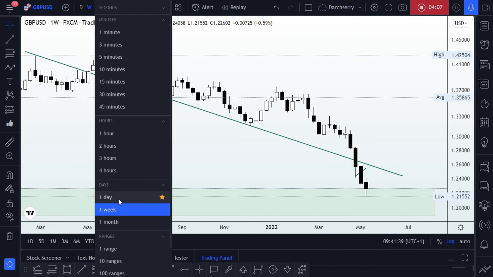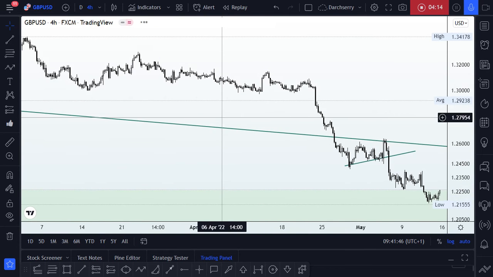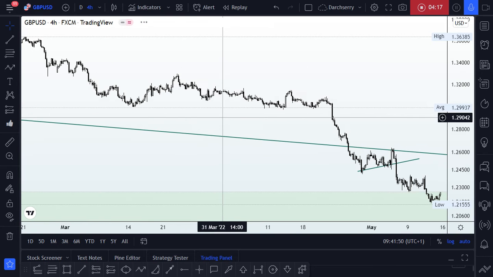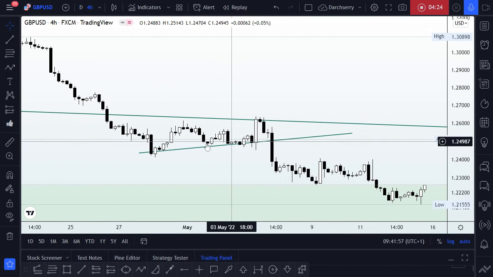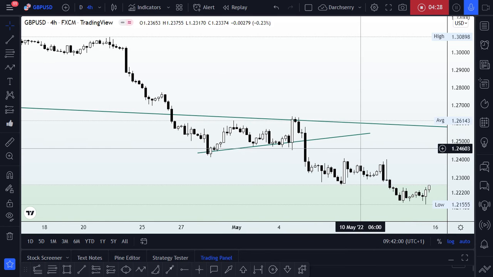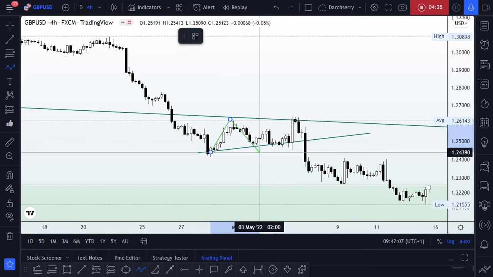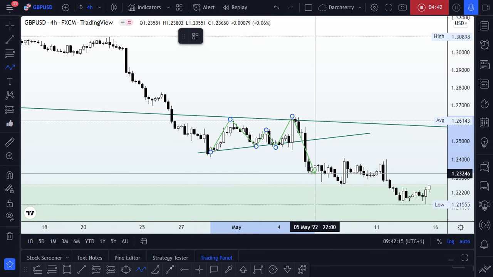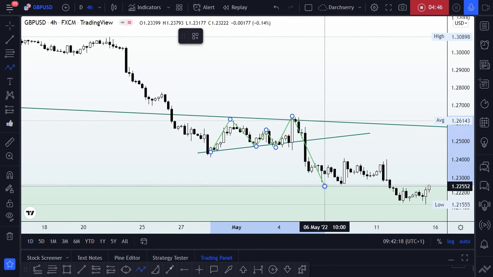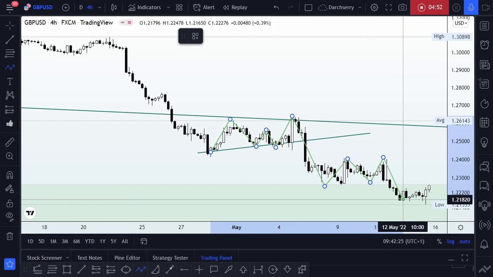So if we scale down to a much lower time frame, let's say the 4 hours time frame, for instance, we begin to see that since the beginning of the month, we've been on a bearish momentum. As you can see, price continues to find lower lows, and then we saw this move up before the breakdown of that trend line happened earlier this month. And since the breakdown happened, we continue to see price find lower lows and lower highs until it finally found itself around the 1.21500 area,